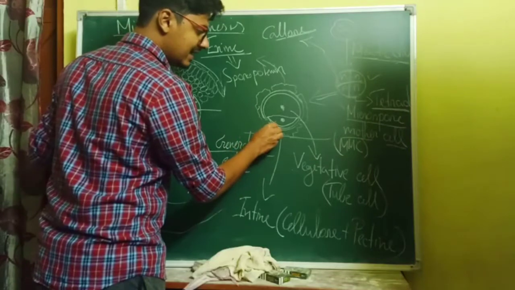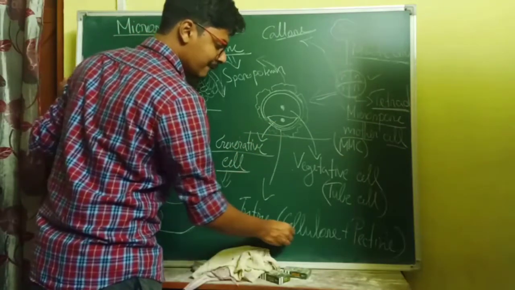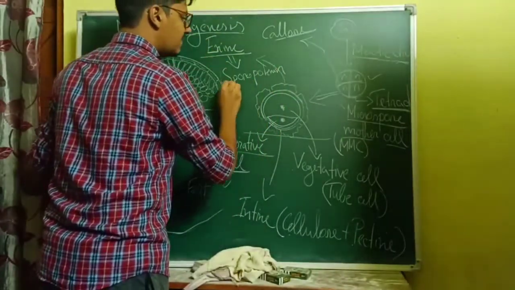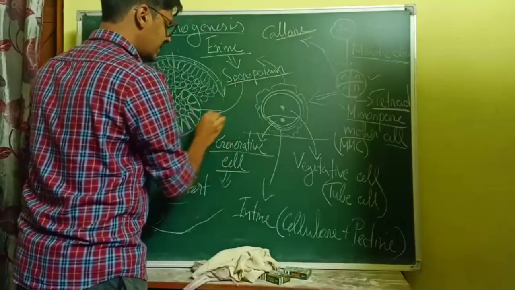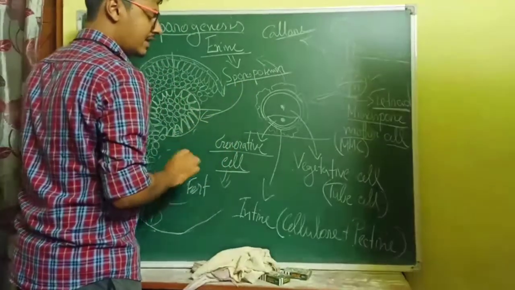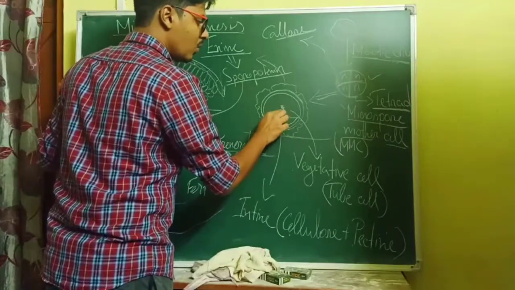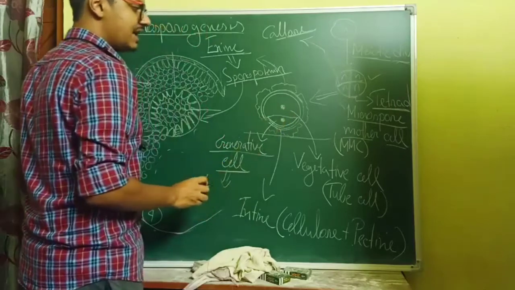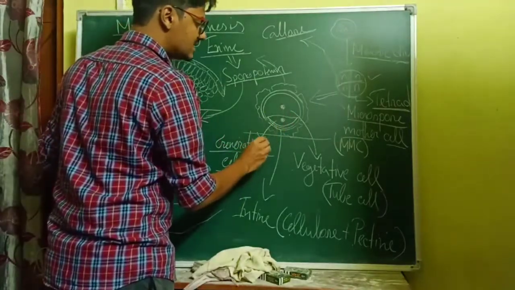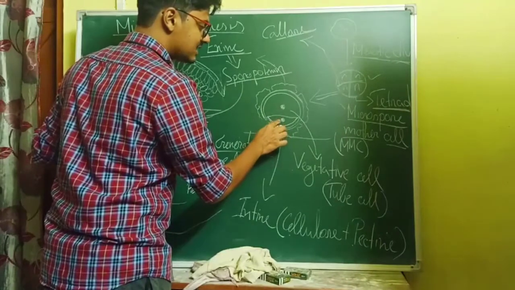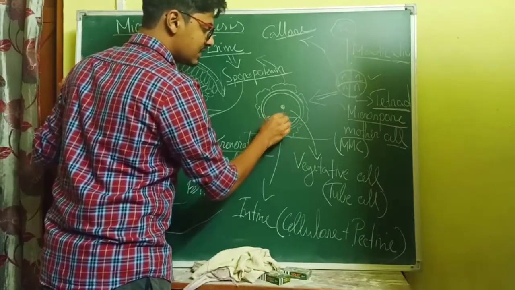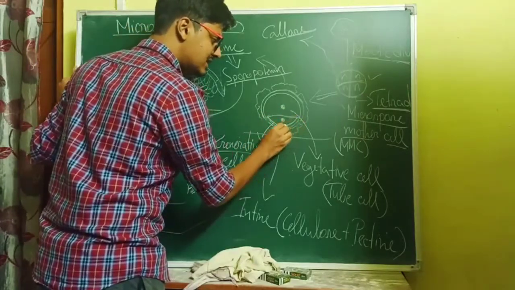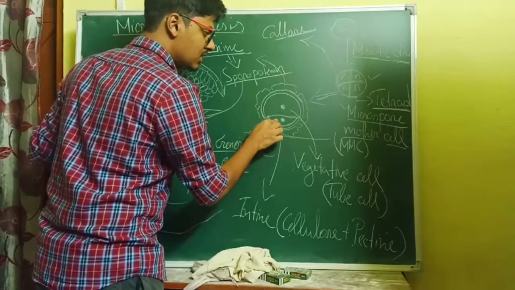In the pollen grain, the inner layer is called intine, made up of cellulose and pectin. One outer layer is called exine, made up of sporopollenin, secreted by the layer called tapetum, right? Inside this cell, one mitotic division takes place, the cell nucleus divides, and we now have two nuclei. Then the cytoplasmic content divides, an unequal division, into a smaller cell and a bigger cell.